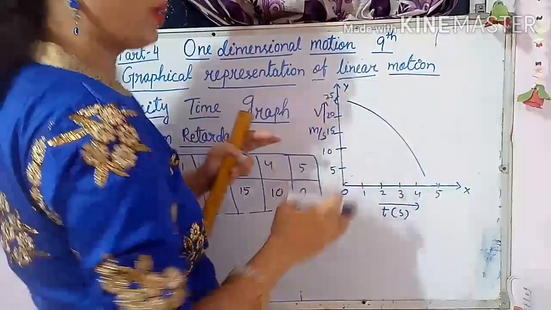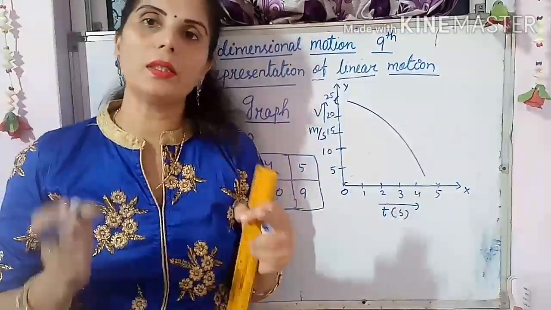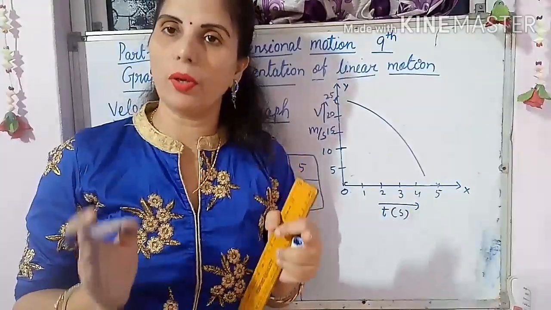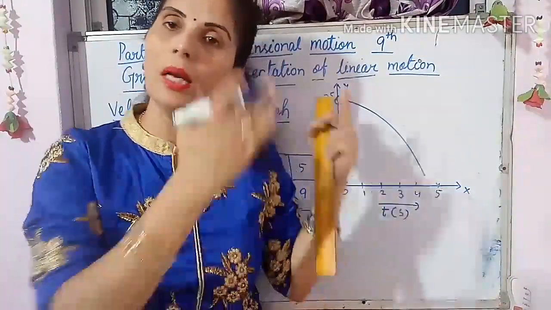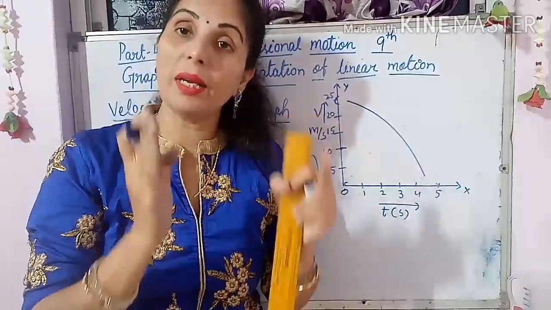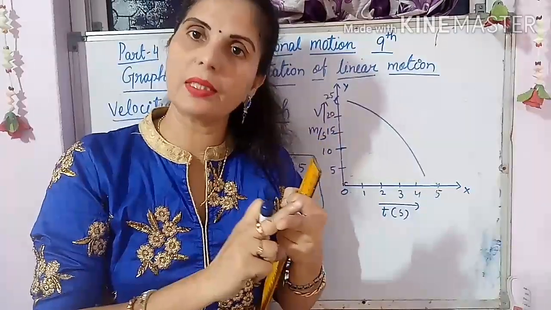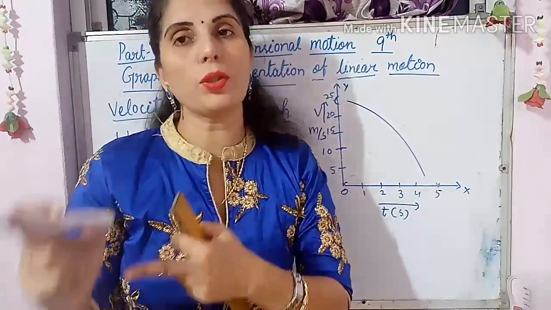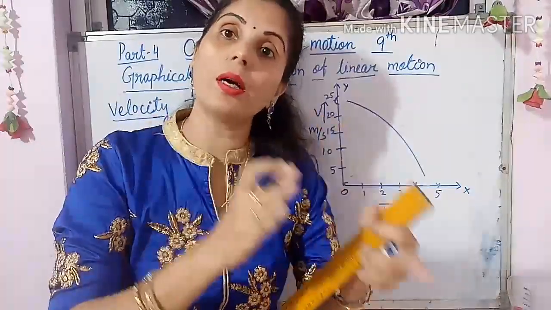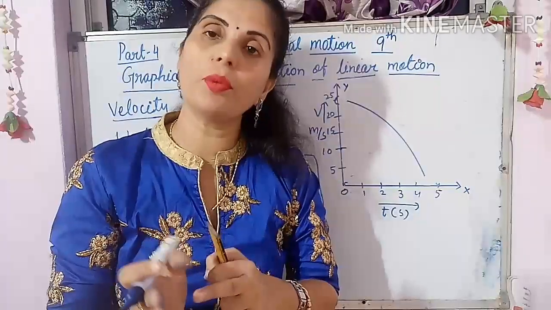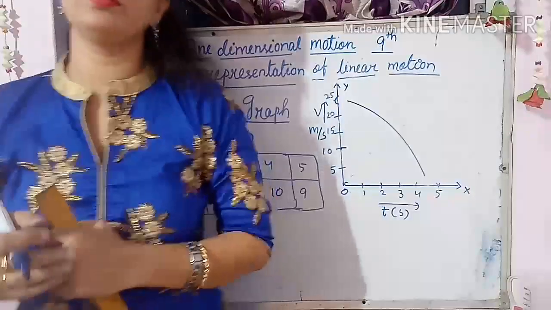Now I will write all the points of the recapitulation work. You have to remember all the points so that you can write them in your exam. I will write all the things that the big questions will ask. But remember children, the question always comes from the graph: either a graph has been given and it asks about the slope or what it represents, otherwise it will ask you to draw a graph. So both things are very, very important. You have to remember all these things. Now let's recapitulate all the points.